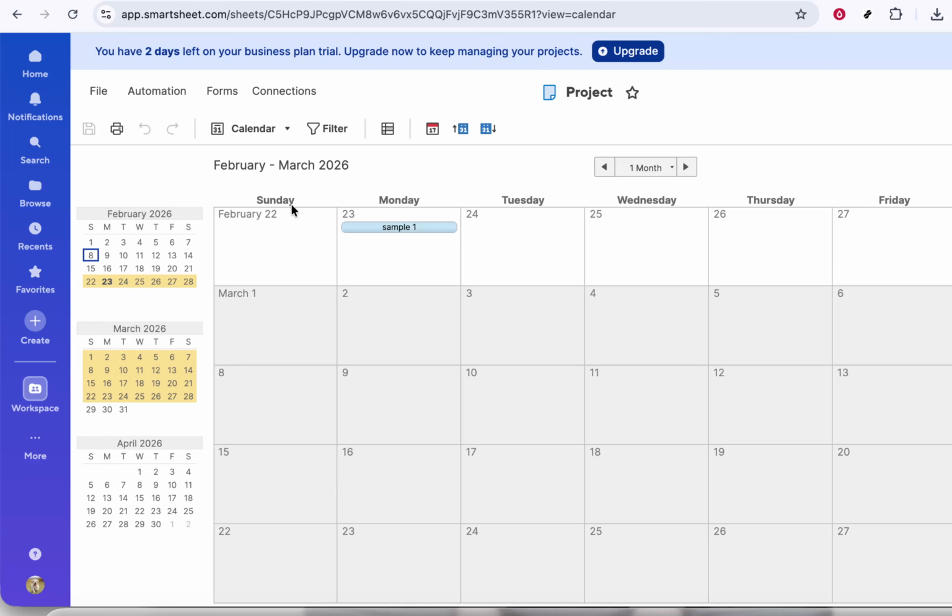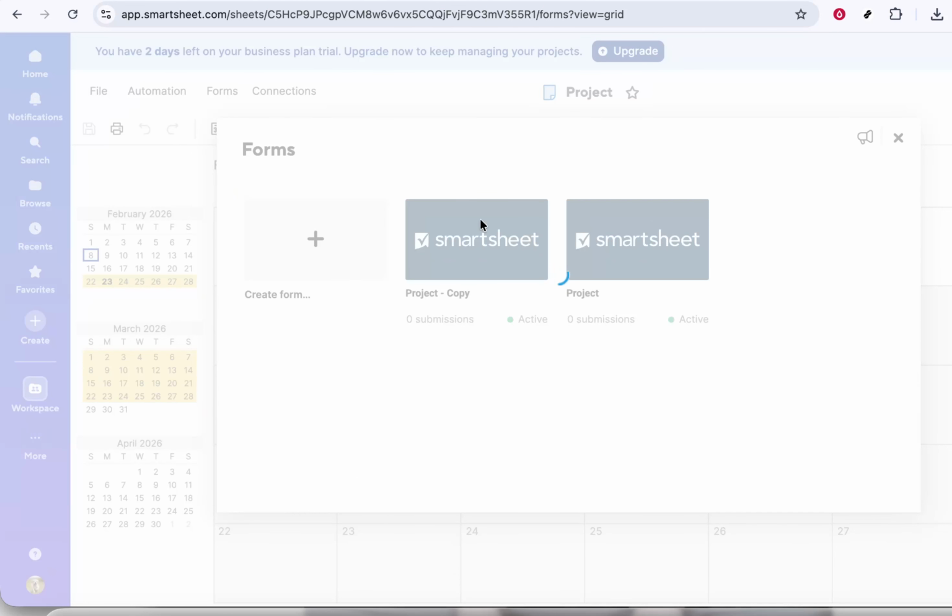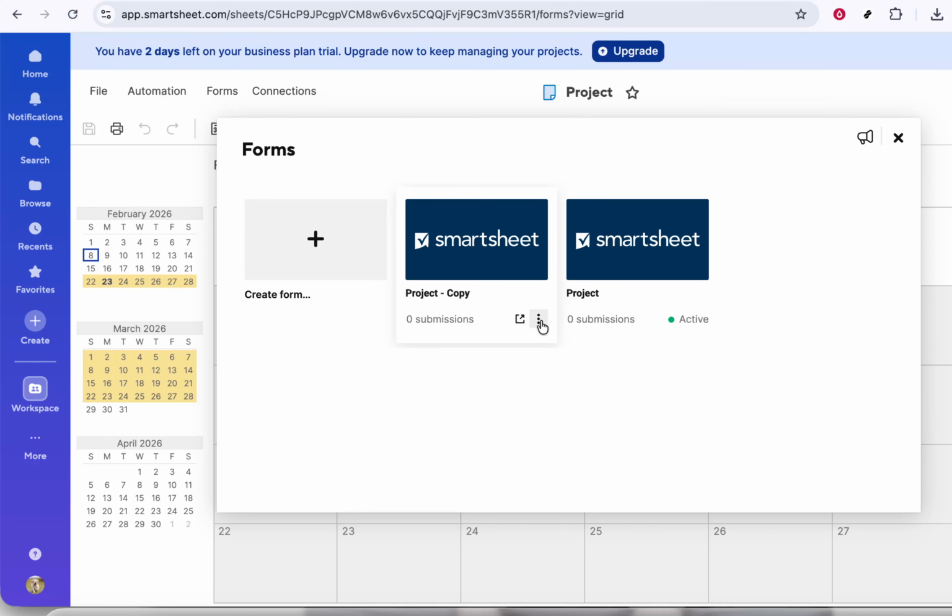This will open a panel or window showing a list of all the forms associated with the sheet. Here, you can see each form's name and sometimes additional details like whether it's active or how it's used. Take a moment to confirm you're looking at the correct form, especially if your sheet has several forms for different purposes. Once you've located the form you want to delete, move your cursor over that form's row and look for